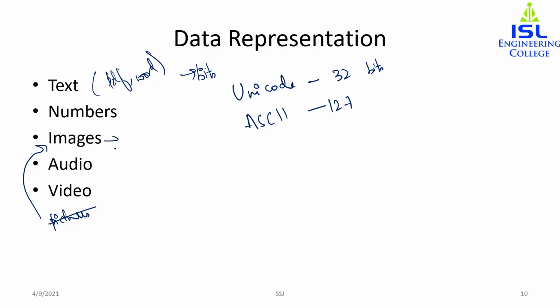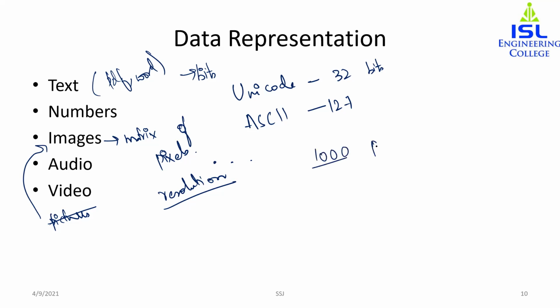So basically, whenever we are talking about images, they are in the form of a matrix of pixels, where each pixel is a small dot. Your image is constructed from pixels, and the size of each pixel depends on the resolution of your picture. If someone is into picture resizing or picture editing, they will know these terms, pixels and resolution. Suppose an image is divided into 1,000 pixels, then each pixel value will be from 1 to 1,000.